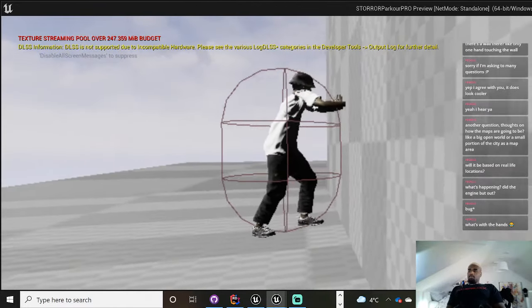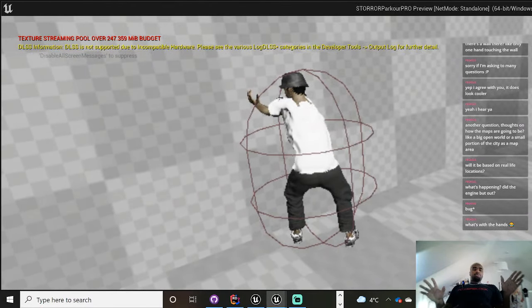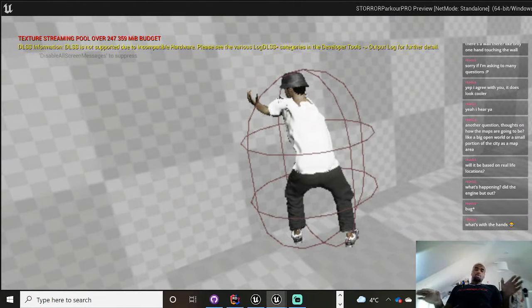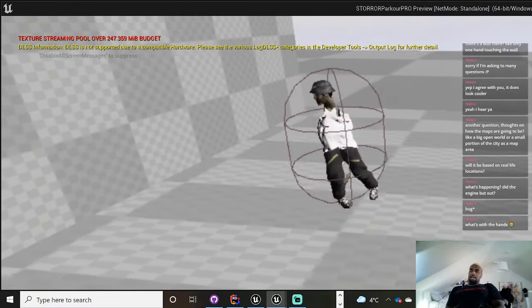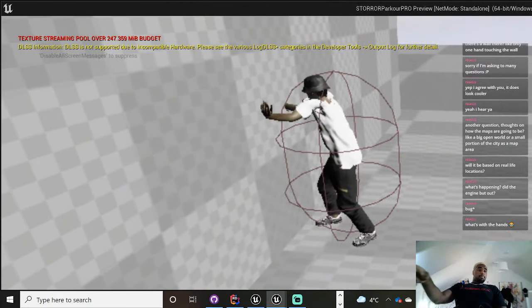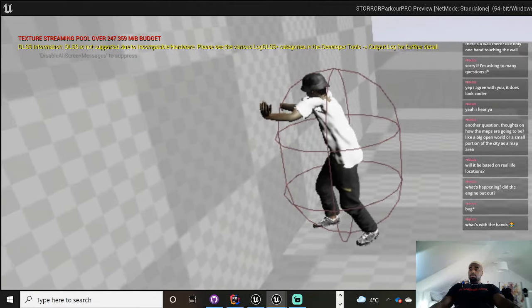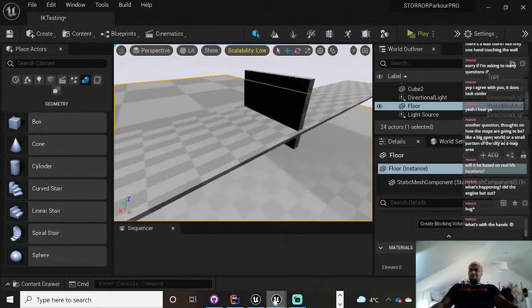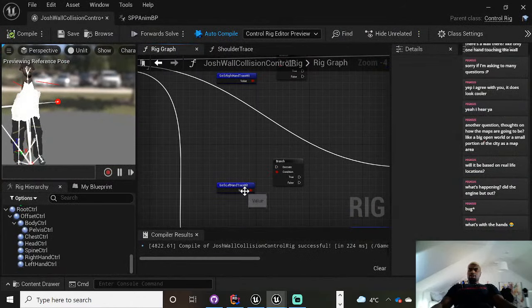Oh, so as you can see there, obviously all the rotations are so off. And if I walk away from the wall, it does that. But as you see here, it's snapping to it. Boom, bang. So yeah, it does take its toll. Now hold up, wait a minute, something ain't right. If the trace hits,